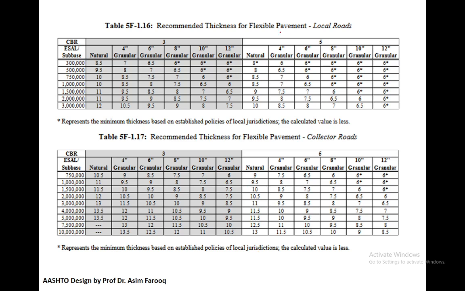This is the recommended thickness for flexible pavement which is used for local roads. But this is completely based on the CBR value as well as on the ESAL. On the vertical axis we have the factor of ESAL, while on the horizontal axis we have the value of CBR. Similarly, for the collector roads,